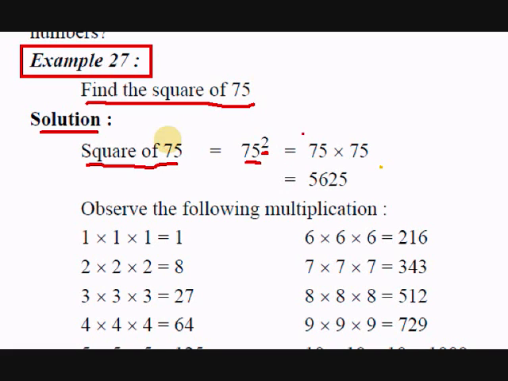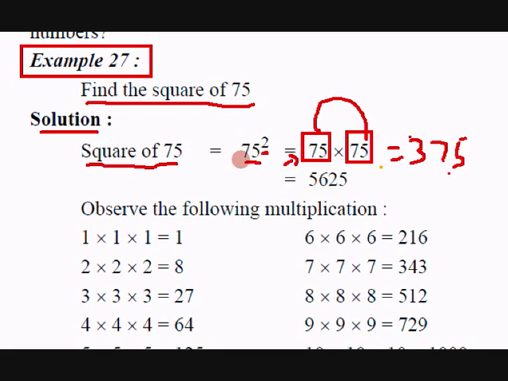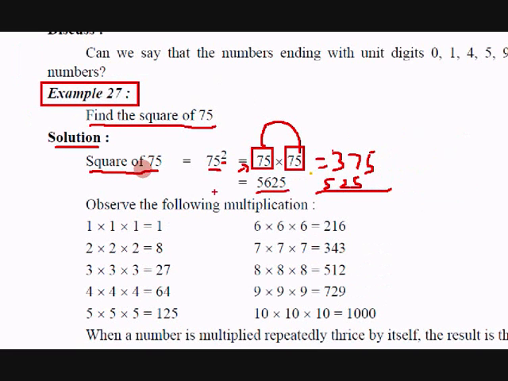How do we write this? 75 multiplied by 75. That is, we have to multiply 2 times. Go ahead and multiply and see. 5 5s are 25, carry over 2. Then 5 7s are 35, so 37. Then you have to add that up like this. When you add up this number, what do you get? 5625. Okay.